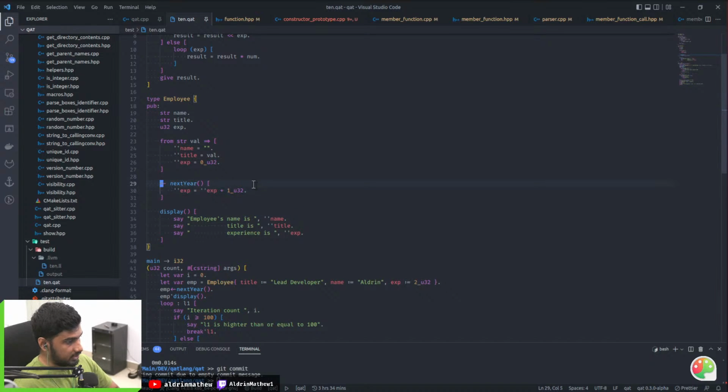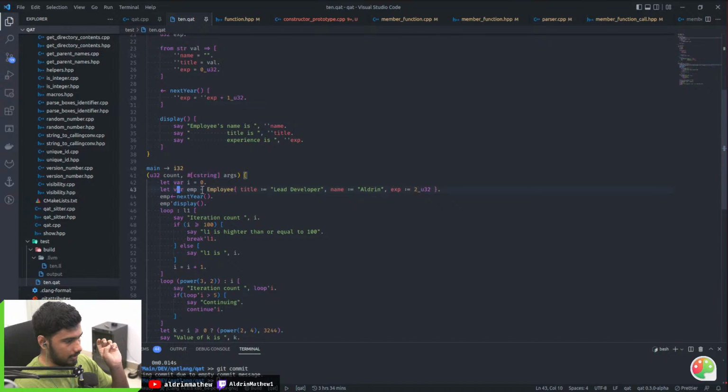And this is a variation function, by the way. That basically means that that member function makes changes in the parent instance. So that instance should be a variable, should have variability. It should be able to change. It shouldn't be a constant, basically. So in this case, emp, that variable is a variable. So you can call variation functions like this. So the reason for this is that you have to call it like this.